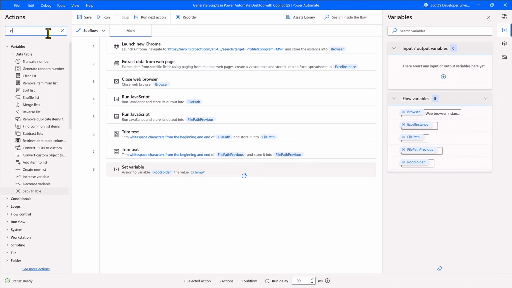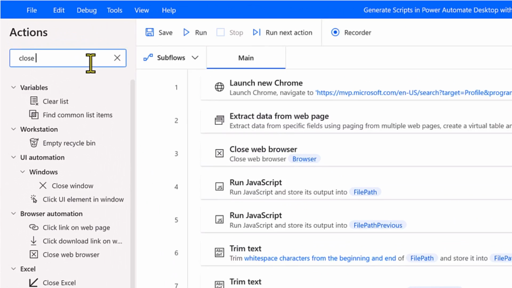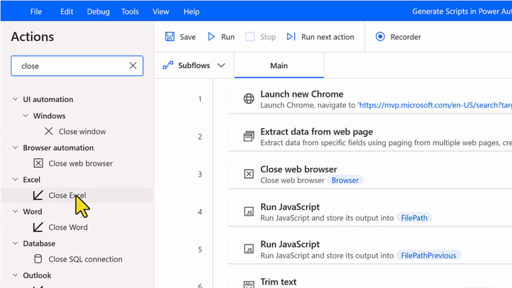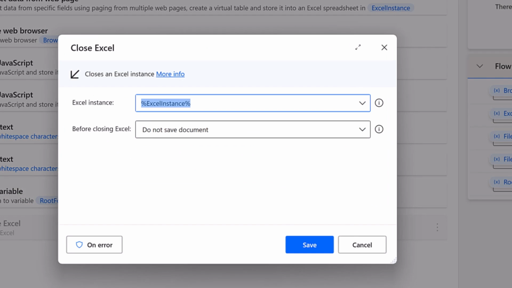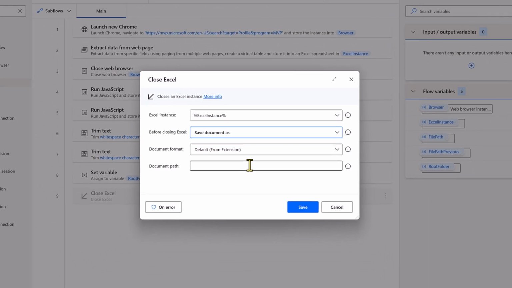Now that we've got all that data and it's been extracted into an Excel spreadsheet, I can then close and save the file to the temp location. I use the close Excel action and select Save As, setting the file name to be the root folder followed